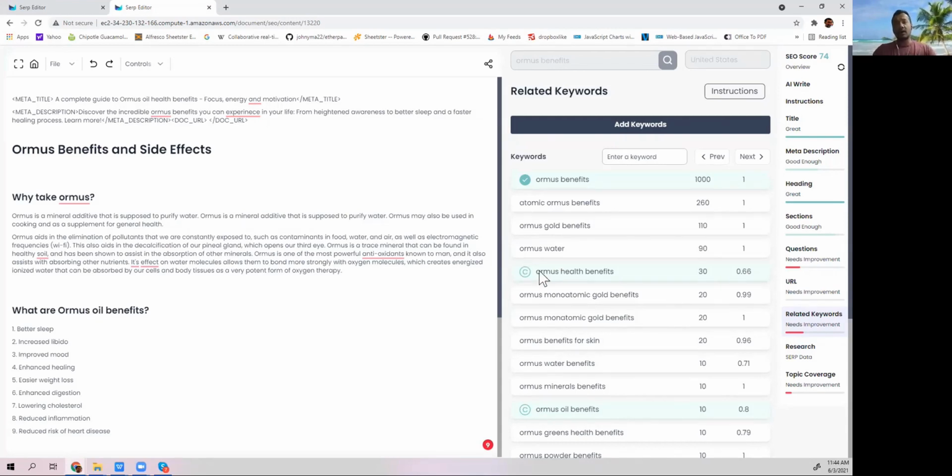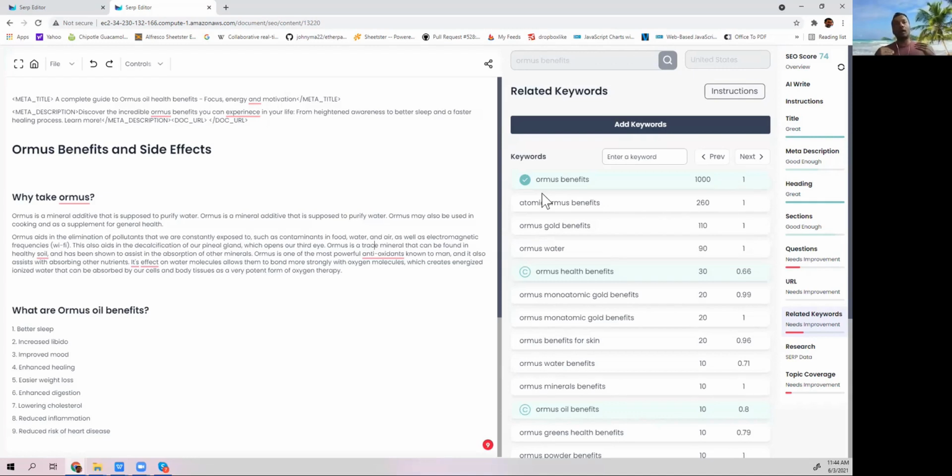In the last update, we also added this C. If you're using it in the content, it will show C. If you're using it in one of the headings, then it will show a tick mark over here. So they are differently valued, like for search engines as well. We recommend that you target this related keyword data that we are suggesting mostly in your headings, your H2 and H3 tags or bold tags, to let Google know that you are emphasizing these particular topics in your content. So that's the best approach. But in certain places you also need it in the content in a natural way. So feel free to include them, but you don't need to do any additional research.